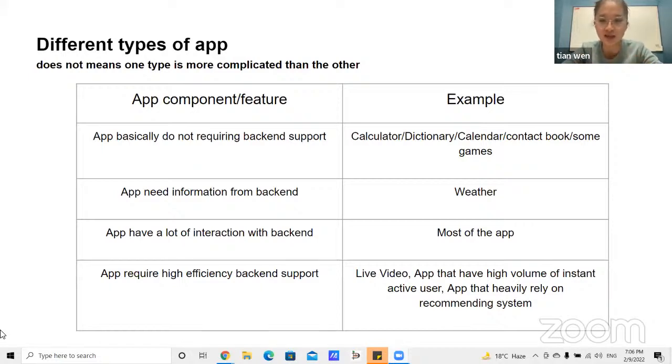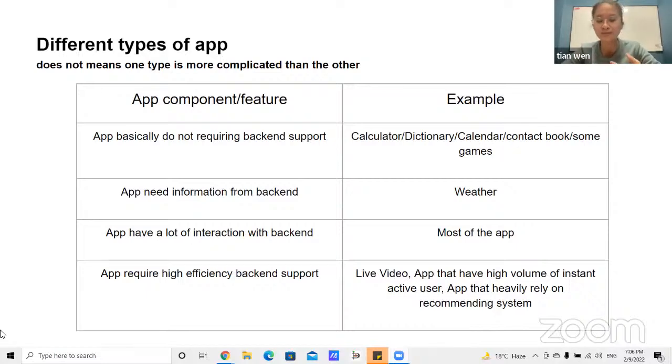And then the next two types are the apps most of the current apps you are using, which require backend support and include a lot of information transaction between your phone and the server.